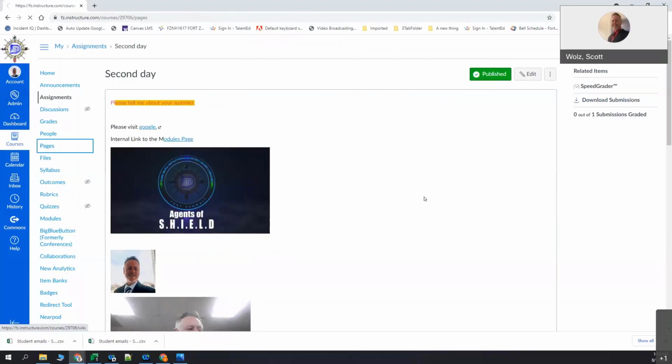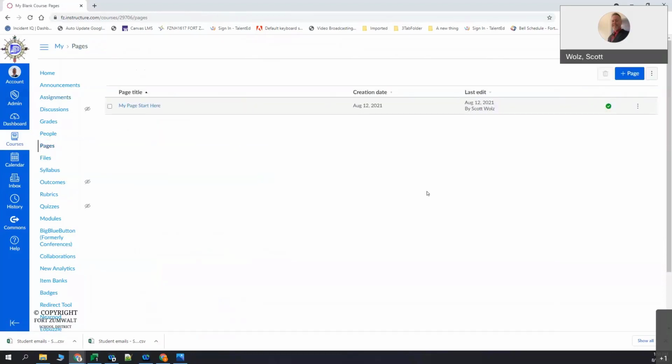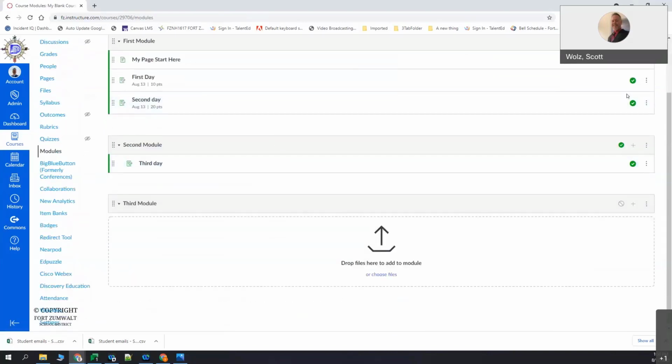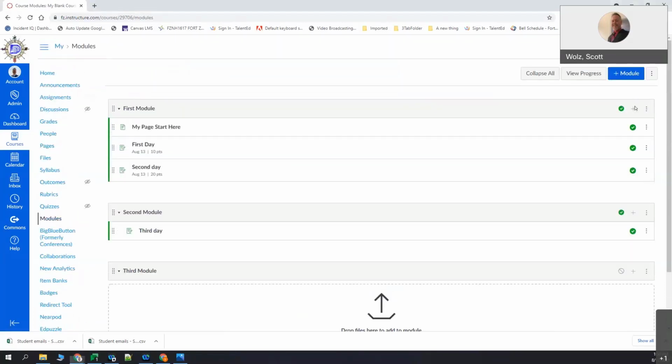Now, like I say, with the pages, a very important part of it is things that you're not going to want them to put back, but any sort of things that you would normally put in a Word doc and pass out, you can put in here. So that is something that you can use to help organize your class. Inside of those modules, like I said, it's the building blocks, so we're going to be going back there a lot. If I go back to my little plus button,